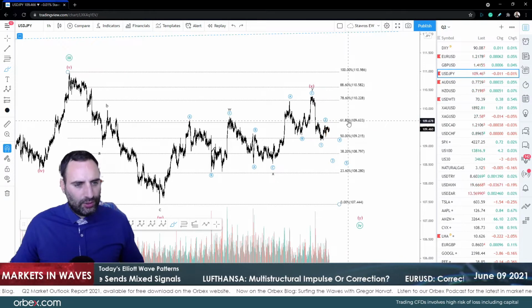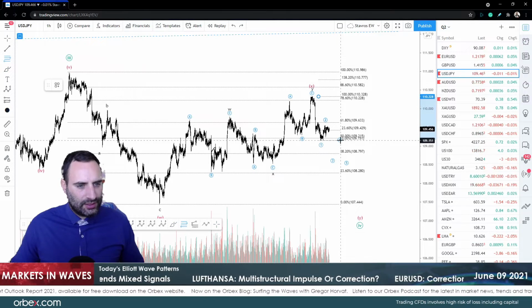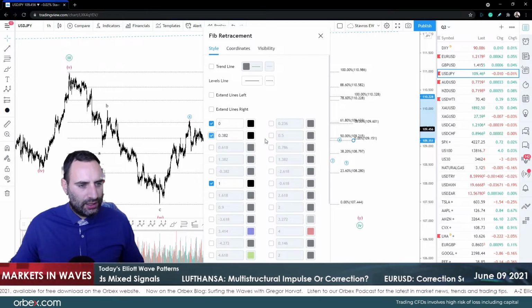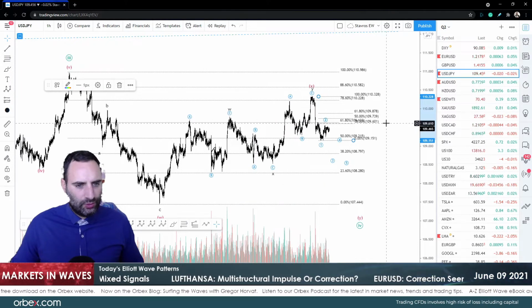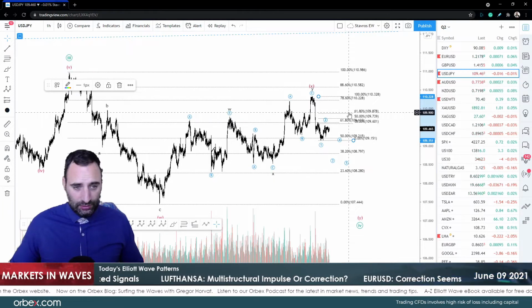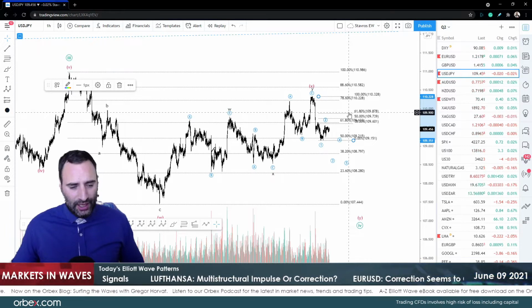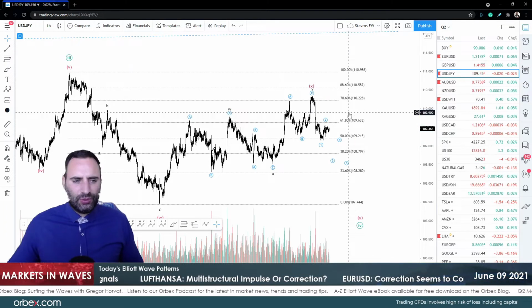We are going to be looking for a deeper correction in wave 2, and the levels to look at obviously are going to be the usual suspects. 38.2, 61.8, 106 over to 109.90 or so. We could get lower, okay? I mean lower in terms of retracement. We can get higher up, i.e. deeper correction, but 109.87 I think would be my level.